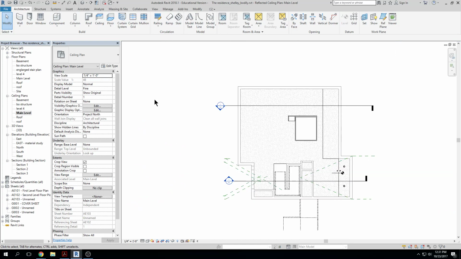Okay. All right, so we'll end there, and we'll talk about editing stairs and a few more